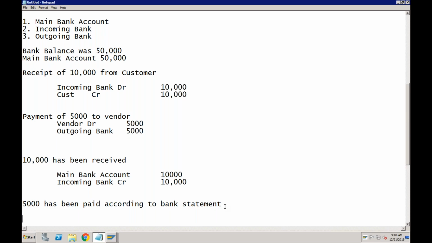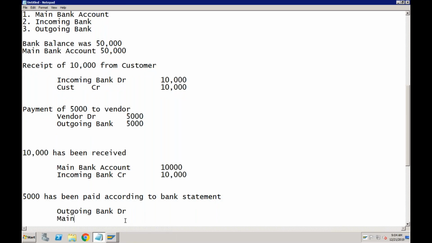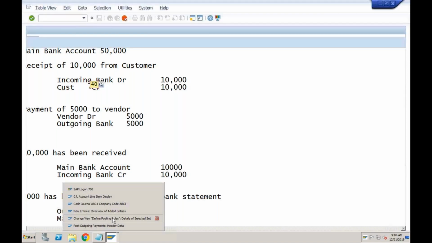That is the reason your outgoing bank account will get debited. And your main bank account will get credited. Right?